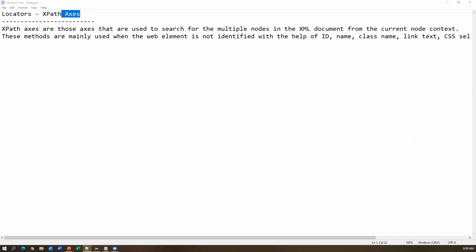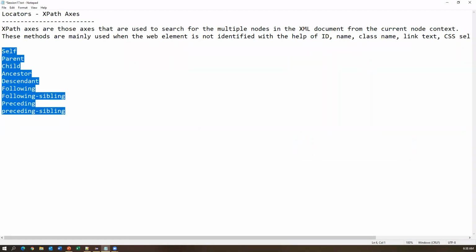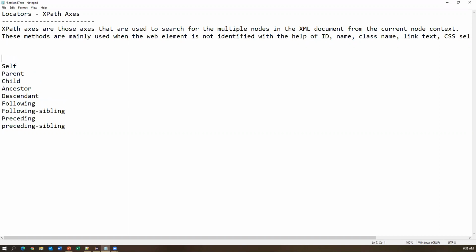There are different axes provided by XPath: self, parent, child, ancestor, descendant, following, following sibling, preceding, and preceding sibling. So these are called XPath axes. By using these XPath axes, we can navigate throughout the DOM and find whichever element we want to identify on the DOM.